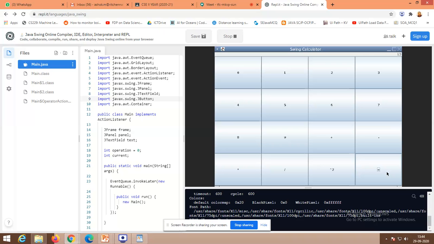While I am going to click the corresponding operator, the corresponding operation must be enabled. Next, while I am going to click the second number, the first number and the second number need to be passed as arguments for the corresponding action event. Since here we have restricted to only 4 operations, the number of else ifs that we have used will work on that. That's it.